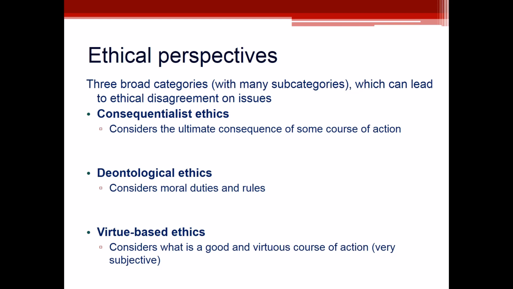Virtue-based ethics is the third one to be aware of. This is a more subjective, individualistic type of ethics, where the course of action is judged as good or bad based on what the individual considers a virtuous person would do. So would a virtuous person give small children cigarettes or expose small children to cigarette smoke? No, they wouldn't. Therefore, that would be seen as an unethical action. So it's not just about what society says is right or wrong. It's one step above that, I guess, where you think about what a virtuous person would actually do.